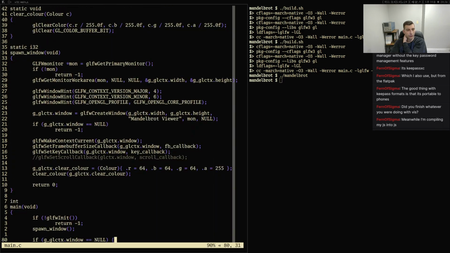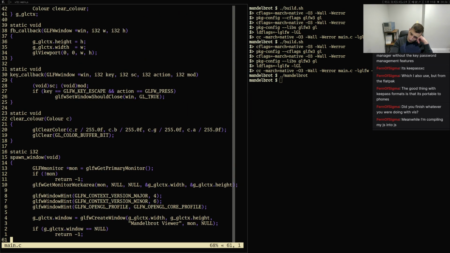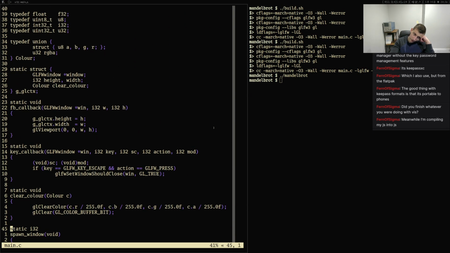Next, what we were going to want to do is probably, yeah, we're going to have to do the fun setting up of a vertex buffer, vertex array object, etc., etc. So, how did I do this before? Let's see. So yeah, this is